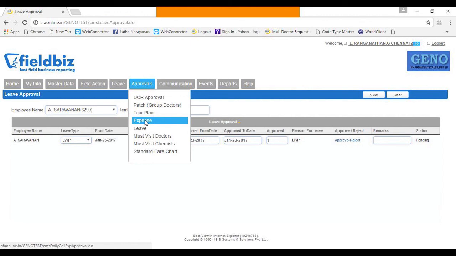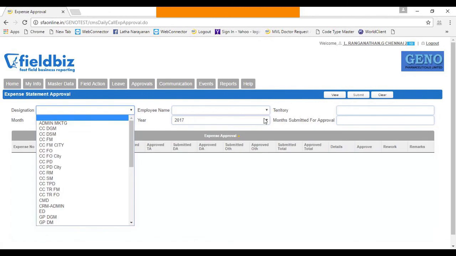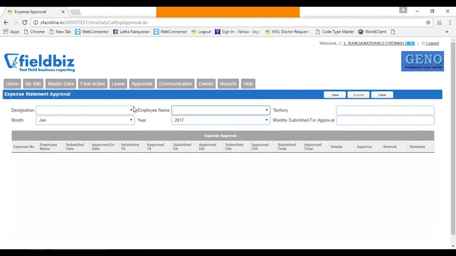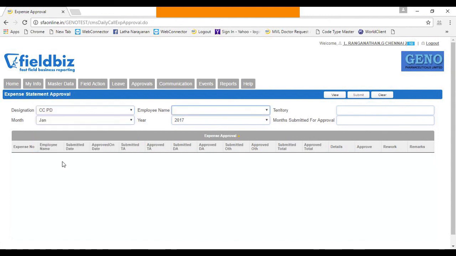Go to the approval link, click on the expense, click on the designation for whom the approval has to be done, for which designation you are doing the approval. You can select the name of the employee and say